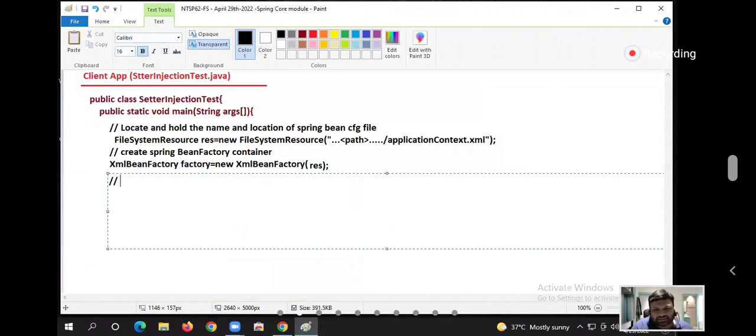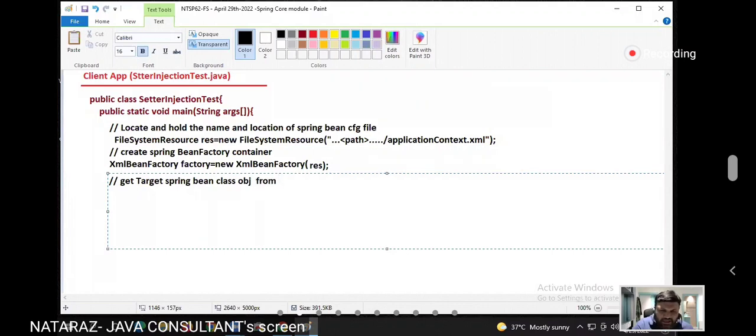Get the target Spring Bean class object from the IOC container. Okay, guys, not yet IOC. I will introduce the IOC word later.